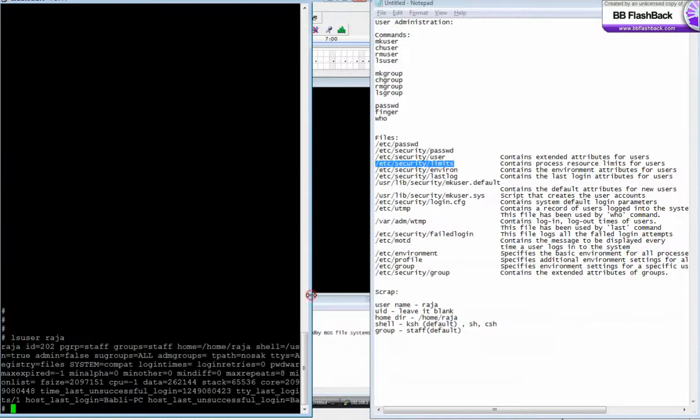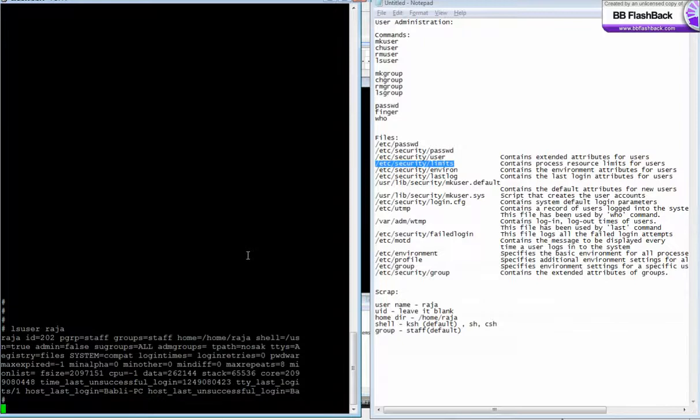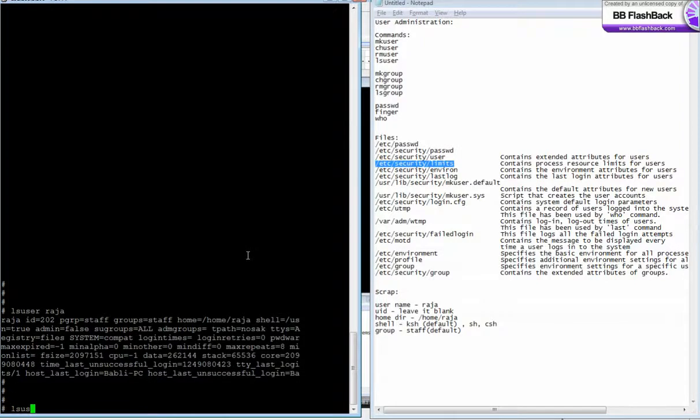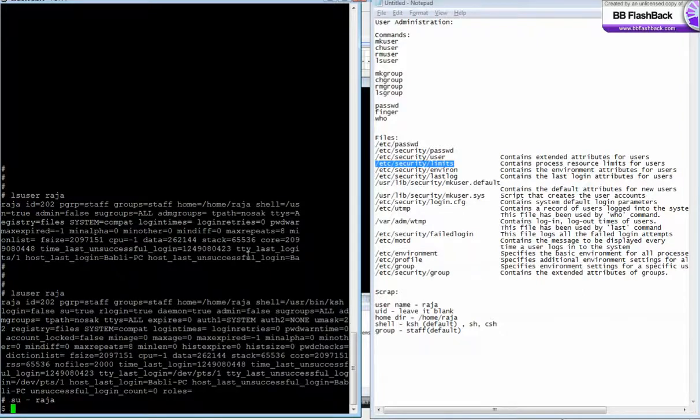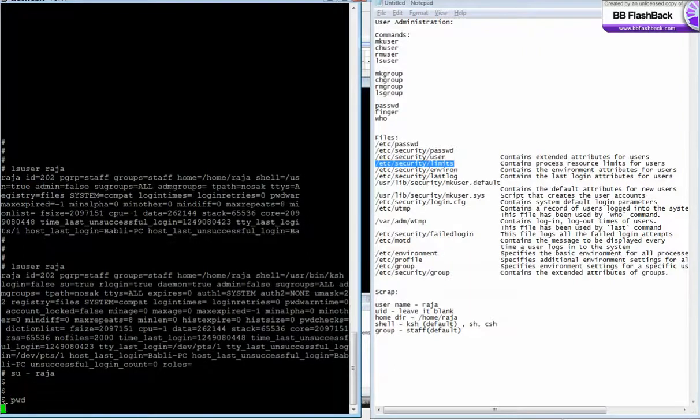What I'm going to do now is delete this user. rmuser is the command you use for deleting the user. First, before that, let's see one thing. su is the command to switch user. su space dash space Raja. This will switch user to Raja, as well as change the environment. You see the environment change. You see the prompt change to $, and the home directory is